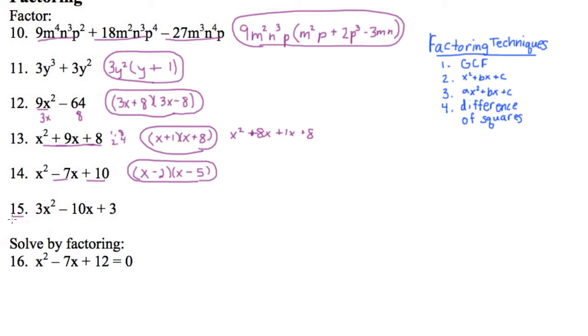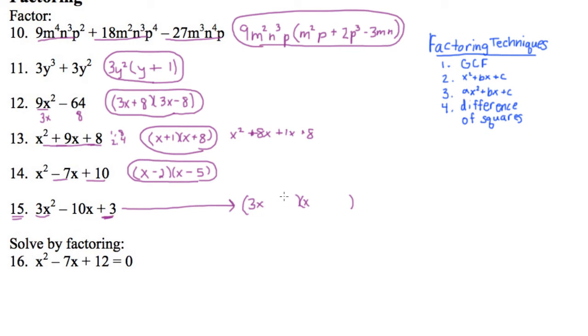Number 15 is the hardest for me because of this number out front here. The way I go about these is by guessing and checking. There's another method that you can look back in your notes if you like that way better. I know that when I multiply these first three numbers, I'm going to get 3x squared. So I need to know what two terms multiplied together would make 3x squared. Now the only thing we can have here is a 3x and an x. And then to get the last number,